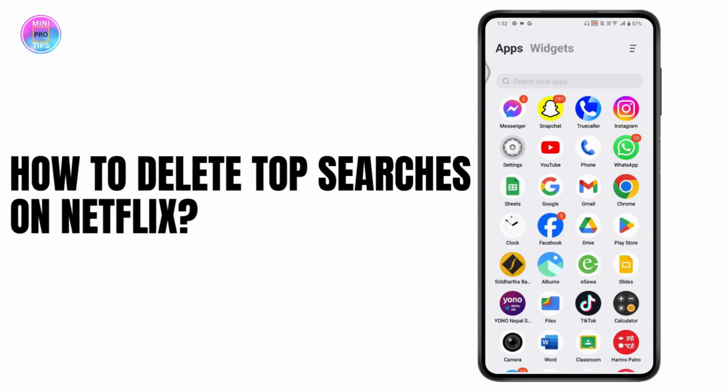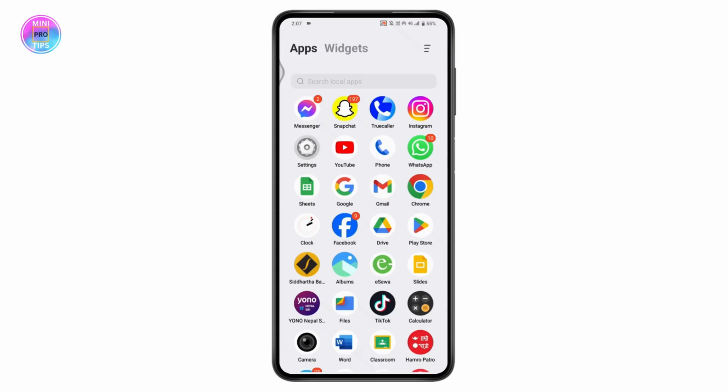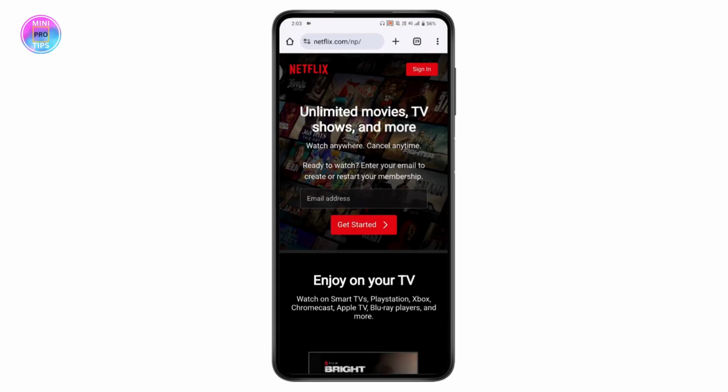How to delete top searches on Netflix. So if you want to delete top searches on your Netflix, then you need to open up your Netflix application, or you can simply go with your browser. So once you're here on the Netflix,